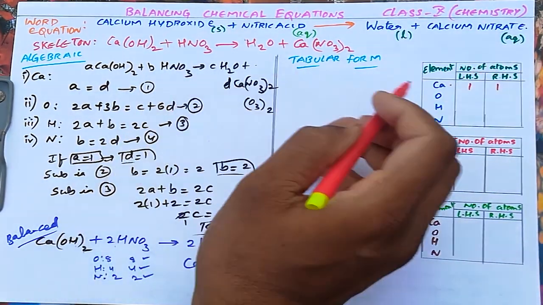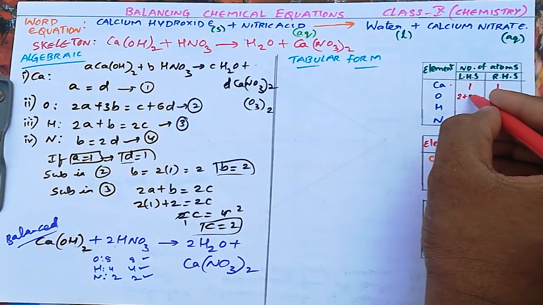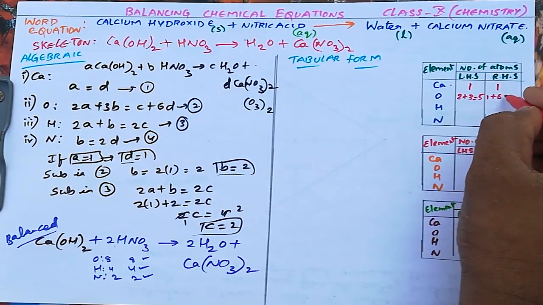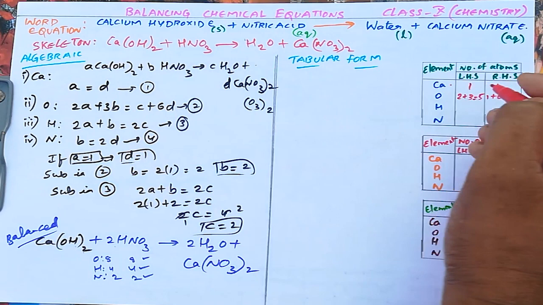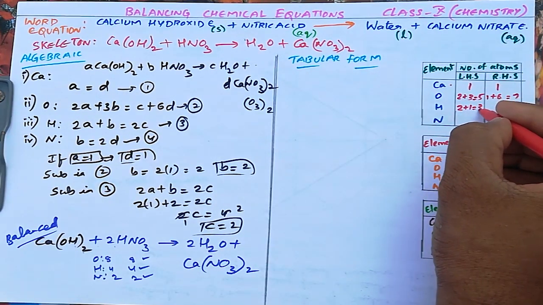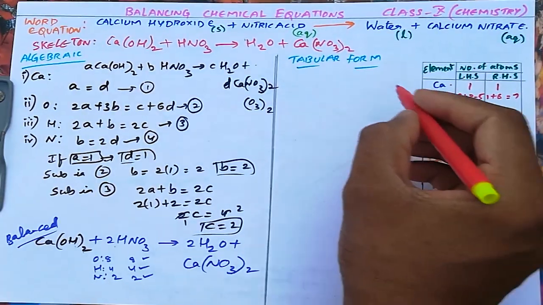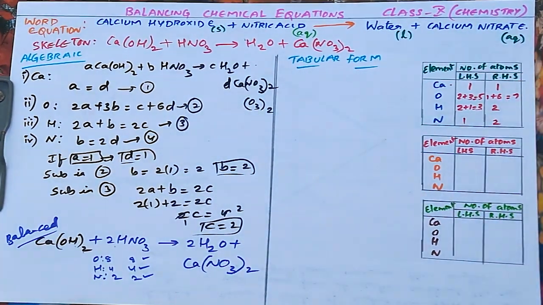This one is balanced. Okay, then oxygen here it is 2 and here it is 3, so 2 plus 3, that is 5. Then here 1, 3 twos are 6, so 1 plus 6, that is 7. We need to balance the oxygens. Then hydrogens here 2 plus 1, that equal to 3 here, and hydrogens here it is 2, only 2. Then for nitrogens here it is only 1, here it is 2. So calcium is balanced, no need to balance that one. So these are the odd numbers. First we'll go with the even numbers, easy way to balance. So I'm going with nitrogens first.